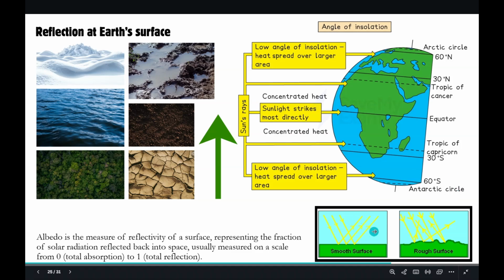So to understand this, let's look at a bigger picture. So this is our planet. We all know that our planet does not have an upright axis of rotation. It is inclined at an angle of around 23 degrees. So our planet doesn't rotate like this vertically, but it rotates like this.